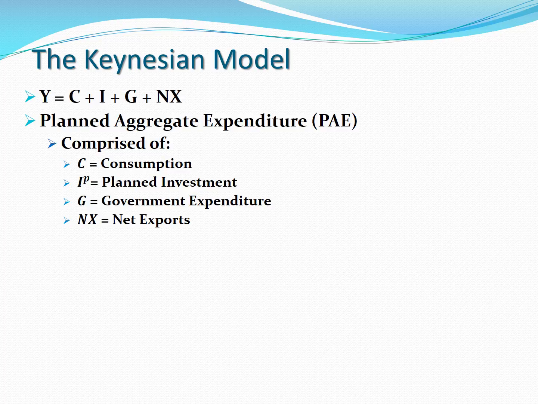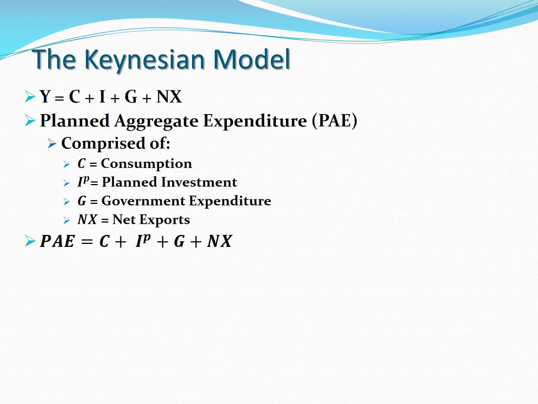And then if, for instance, inventories increase and are above where they were last year, so in effect they're wrong in their planning, well then I and our Y there, the real GDP, is going to be above the planned expenditure. So it's going to need to fall down eventually, right? We're going to have too much inventory in our I, and businesses will eventually reduce their output. Y will fall, and these two will eventually be equal, actually.